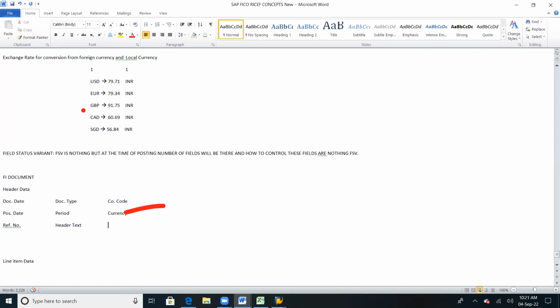We will have fields in header data. I'm taking an example, and when it comes to line item,